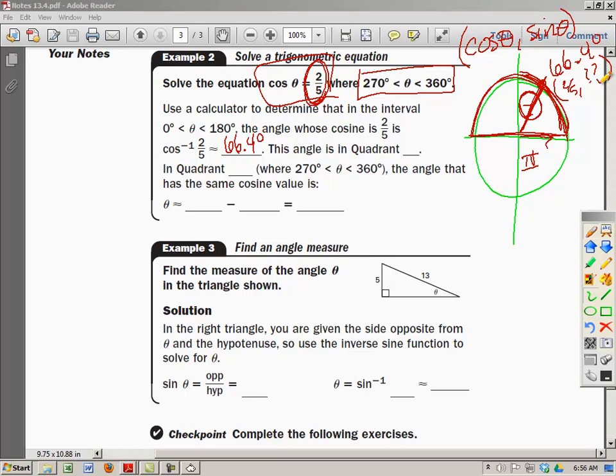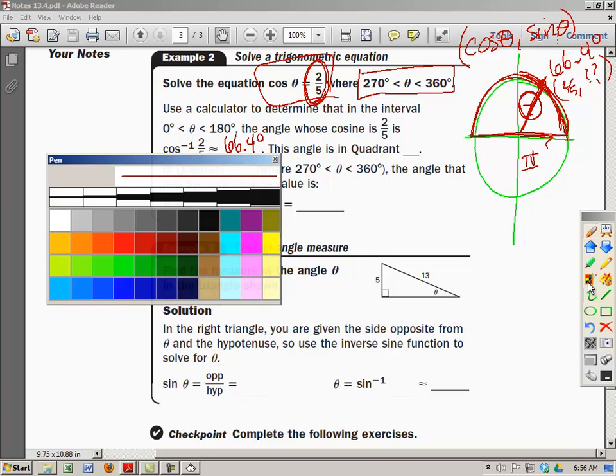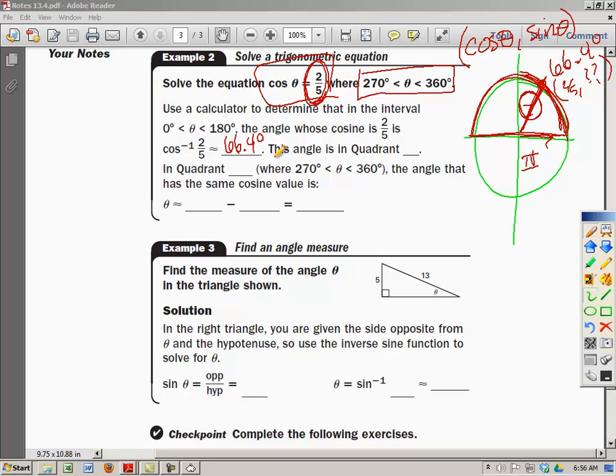Now I need to find an angle with the exact same x value that's down here in the fourth quadrant, because I need to be between 270 and 360. Well, something that's going to have the exact same x value is something that goes the same distance to the right, so basically reflect that point down here. All right? Now, if I'm thinking about that in terms of a reference angle, this right here is a 66 degree angle. Okay? So if I went backwards or clockwise from 360 degrees, 66.4 degrees, basically just do 360 minus 66.4,